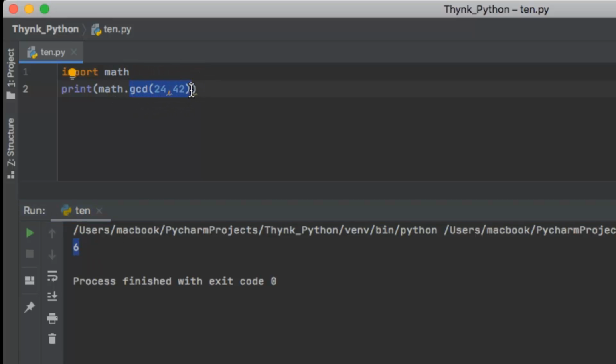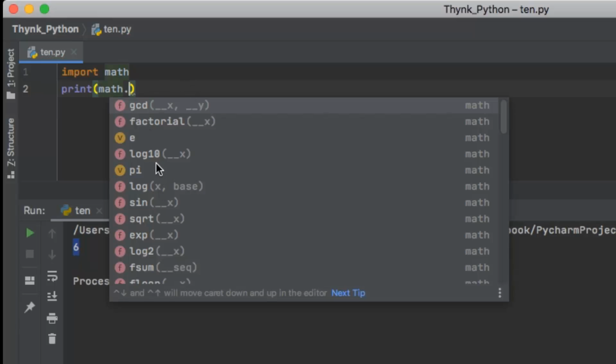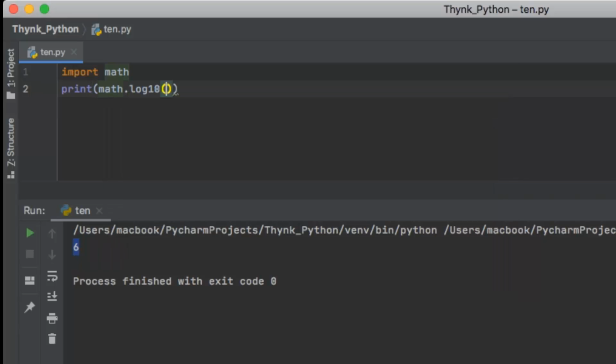Let's try another math function. All right, so here you can also find the logarithmic functions. This is log to the base x and this is log to the base 10. Okay, so let me try log to the base 10 of 100, right? And let me run the code and see the result. Perfect. So log to the base 10 of 100 is 2. Basically log 10 is 1. So when it is 100, it is 10 to the power 2, and you know the mathematics.